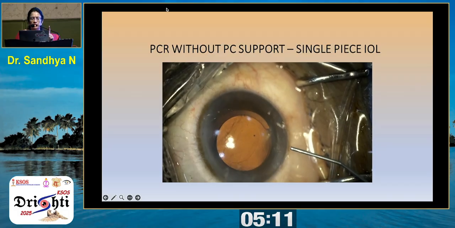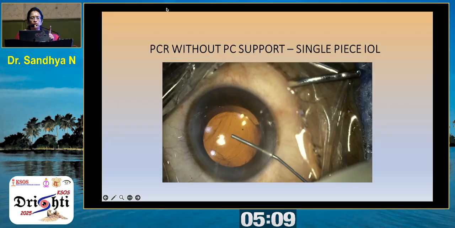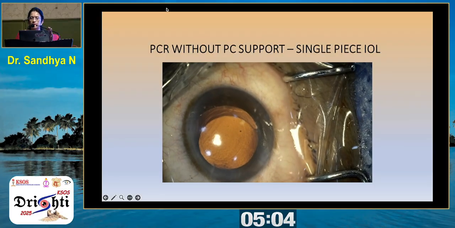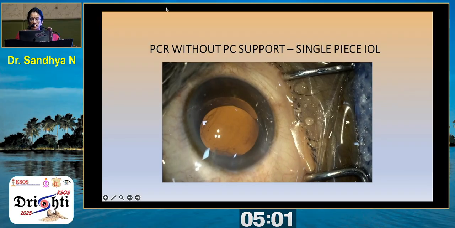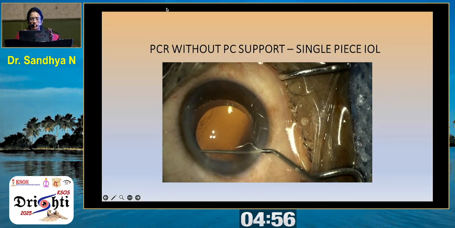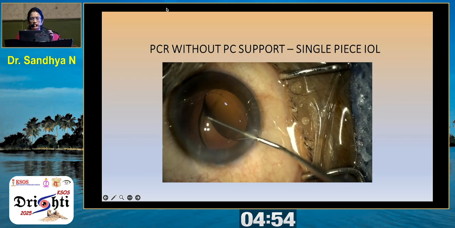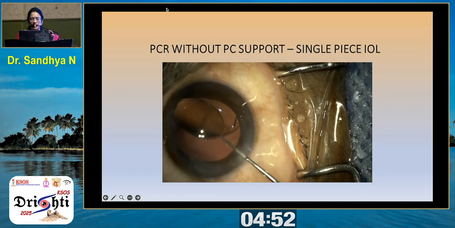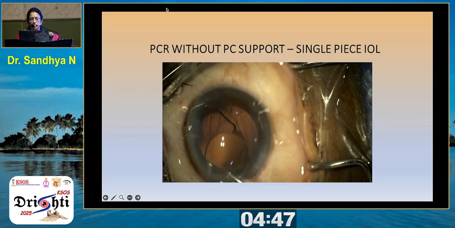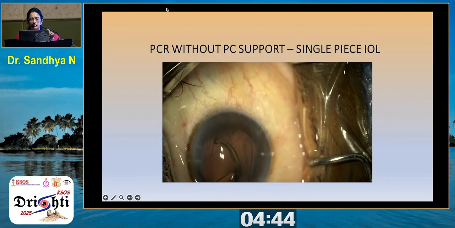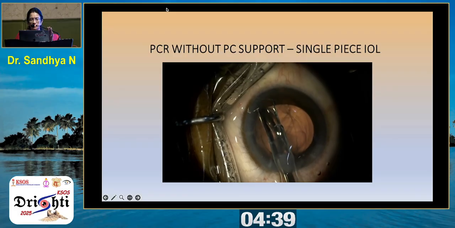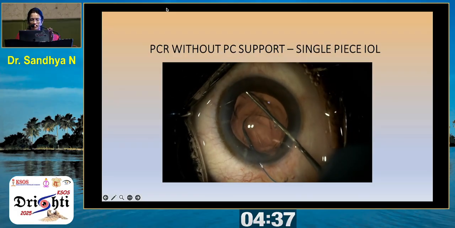Now in this case, this is a single piece lens, and after IOL implantation, a large PC rent was noted. And in this case also, there was no adequate PC support. So we cannot place a single piece lens in the sulcus, so we had to explant this lens. OVD was injected beneath the lens, and a single piece lens was carefully dialed out of the capsular bag, and the wound was extended a bit, and the IOL was folded on itself and using the wound as the fulcrum, this was taken out. There was no obvious vitreous disturbance at this stage, and a 3-piece lens was injected into